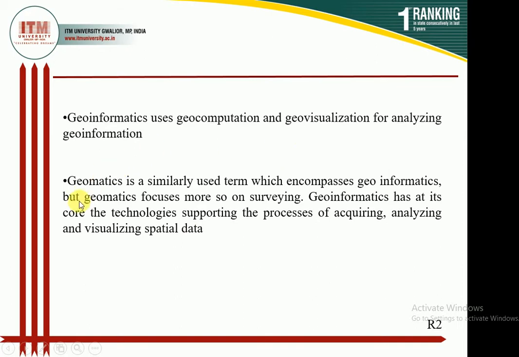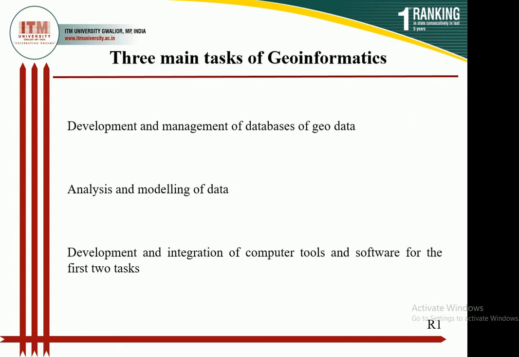There is another word, geomatics. Geoinformatics and geomatics are considered synonymous, but these two terms are different. Geomatics basically deals with the mathematical data or mathematical measurement of the earth surface, while geoinformatics deals with different types of data, whether mathematical or land features, and the processing of that data. Geoinformatics is a broad term, and geomatics is a confined and restricted word that deals with the surveying part of the geoinformation.